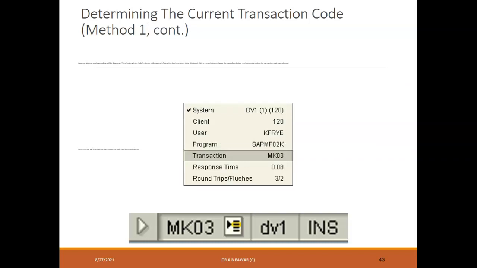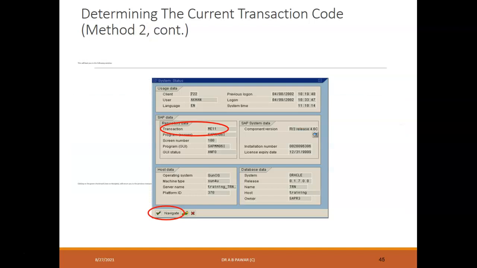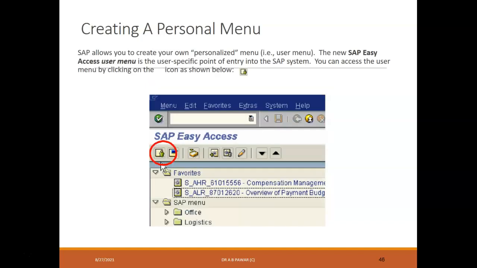MK03 is a transaction code, and for what purpose it is used, you can understand this. This way we are getting the status. Another way to understand your various transaction codes is that you can go directly in the system and check the status, and you will be able to see the particular transaction code and its details which are encircled here on this screen itself.